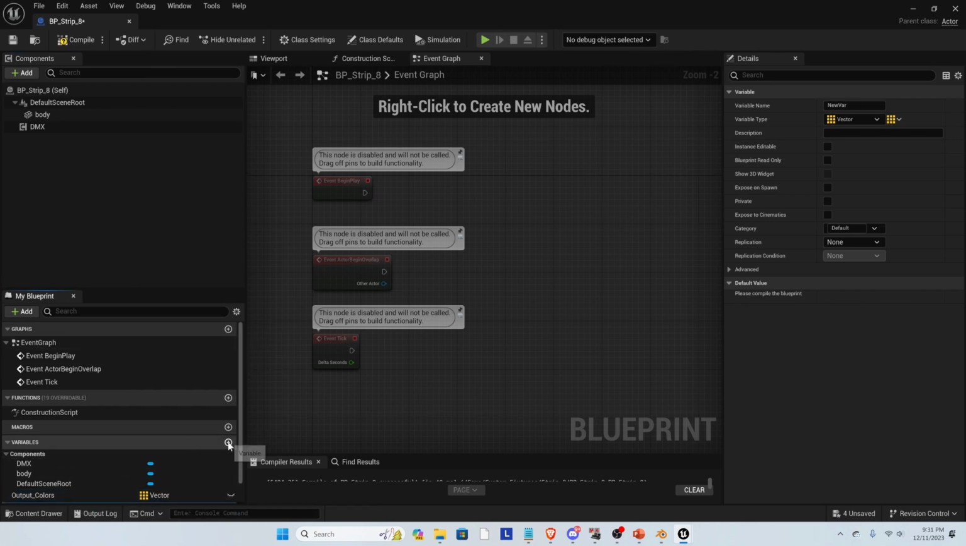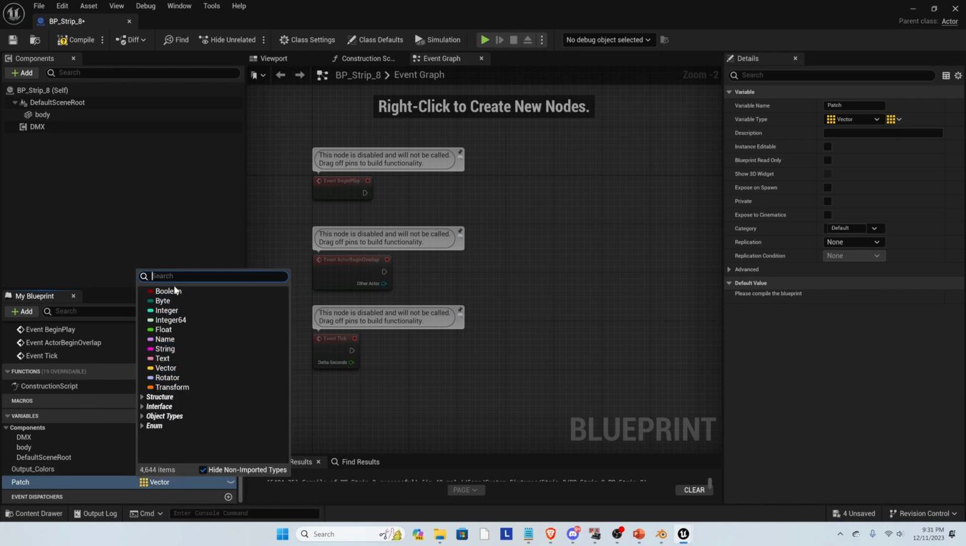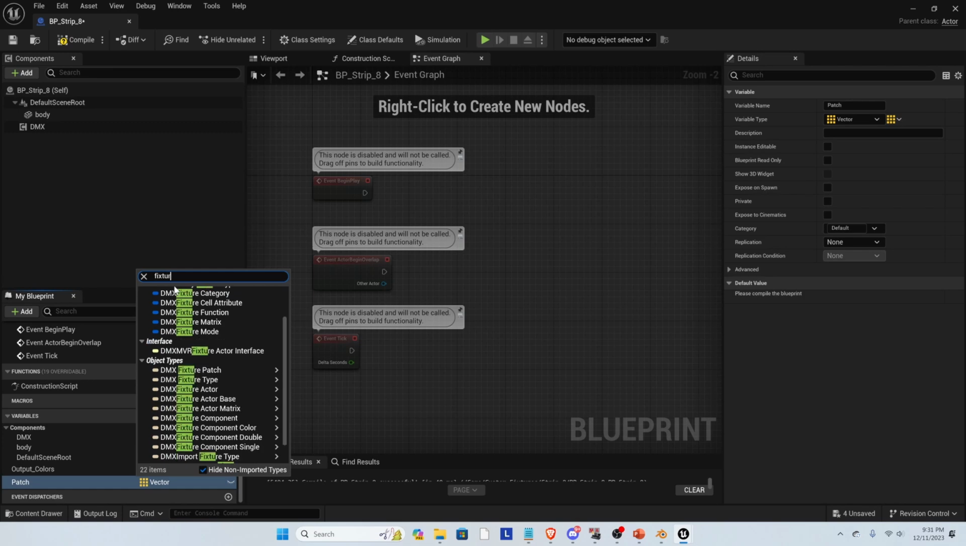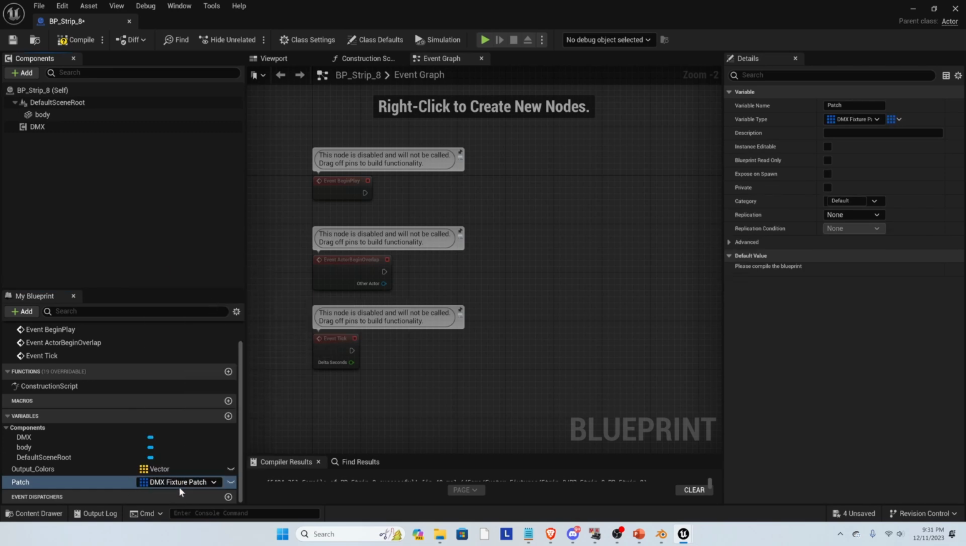And then the next, to start us off, is a variable called patch. And this is going to be a very specific variable called a DMX fixture patch ref. It's going to default to array after you set that, but this is a single value. So we're going to compile and save that, and then we have to drag our patch in and do a